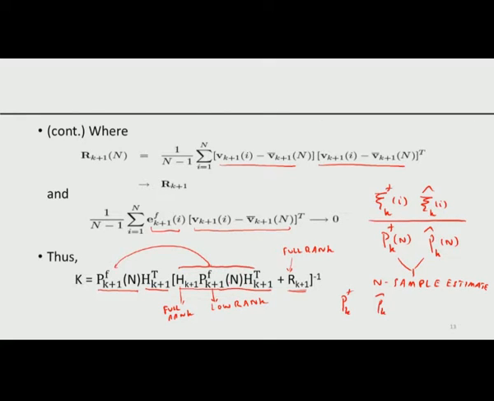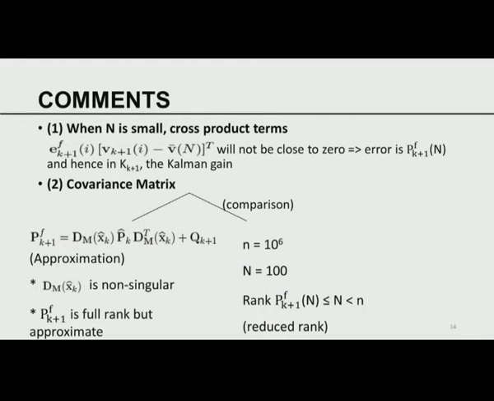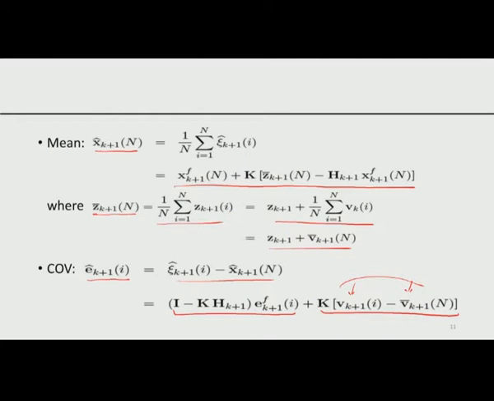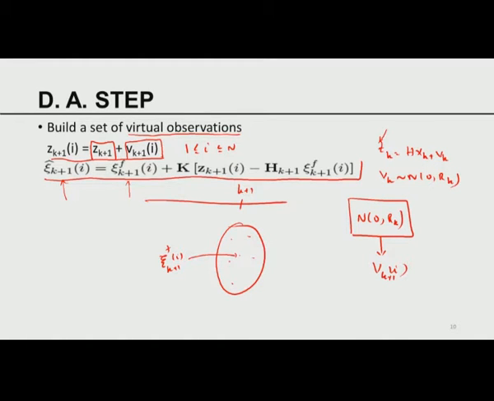So K is an approximation. What is the actual data assimilation step? That is on page 10. I want to revisit that in the light of these calculations. So I have now calculated K. If I have calculated K, I know the ith virtual observation, I know everything, and I can compute the analysis ensemble. If I can compute the analysis ensemble, I can compute the analysis mean and the analysis covariance.